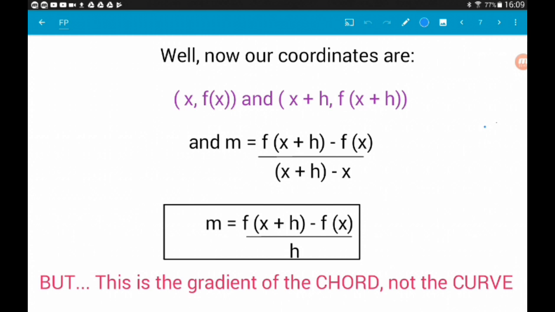But that's going to give us the gradient of a chord, not the gradient of a curve. So how do we now use this to find the gradient of a curve? We can't just set h equal to 0, because then we'd be doing one of the biggest no-nos in maths. We would be dividing by 0, which we are not allowed to do. How do we get around that then? Well,